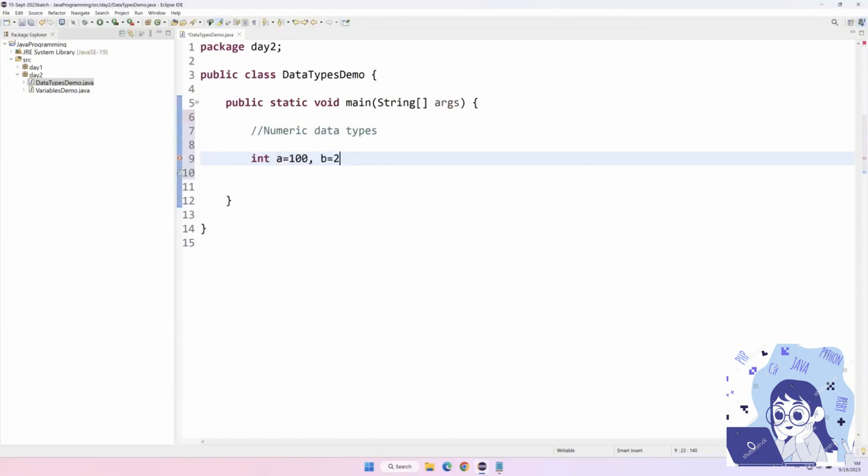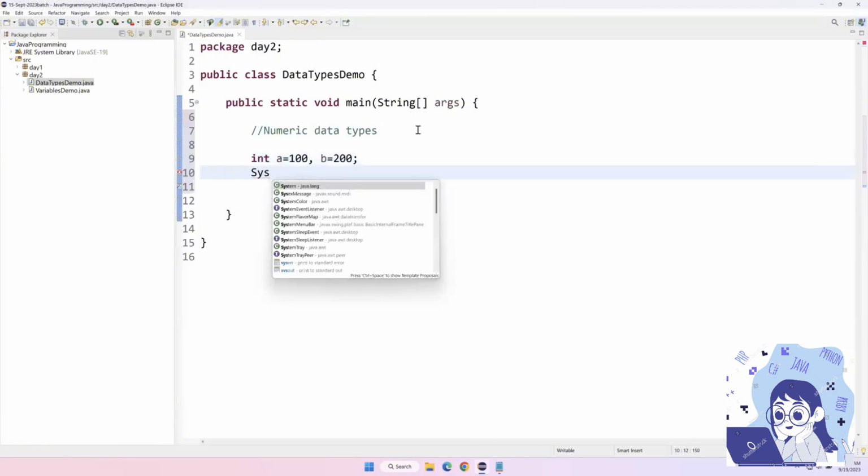b = 200. Can we define a variable like this? Is it valid syntax or not? Yes, both are the same data types. Right? If a and b are both of the same data types, you can create any number of variables in one single line. Right. So now I just want to print the value of a, System.out.println,